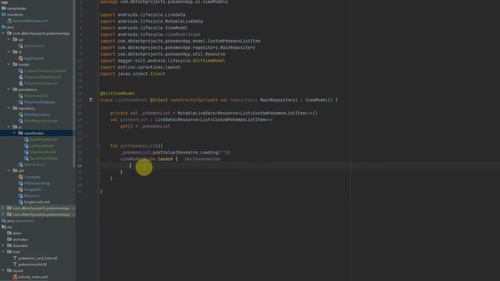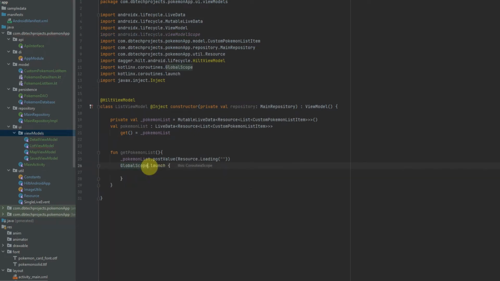I explained this in one of my previous videos, but what is happening here is all of the work called in this block here will be bound to the life cycle of the ViewModel. So once the ViewModel dies, the work and any processes with it will also die. This is much better than using something like a global scope, which isn't bound to any life cycle, which will just continue indefinitely until the task is completed. So we will be using ViewModel scope, and in here we want to use the Pokemon list post value